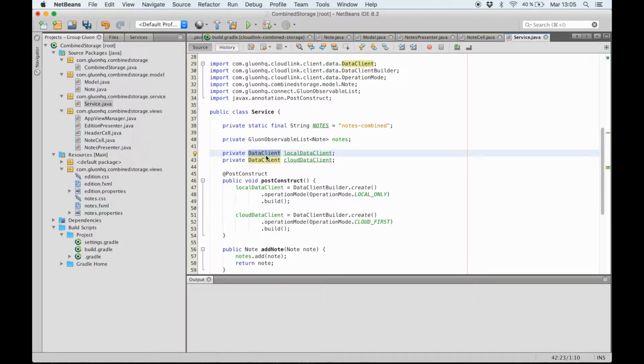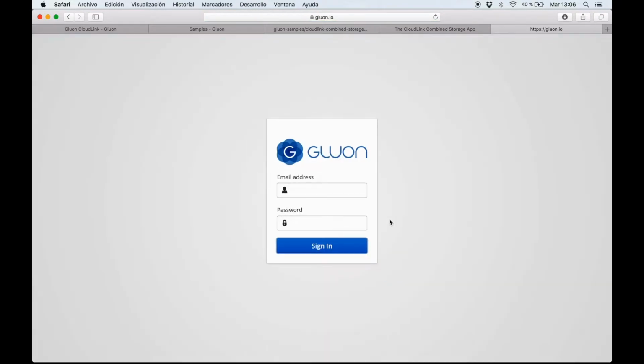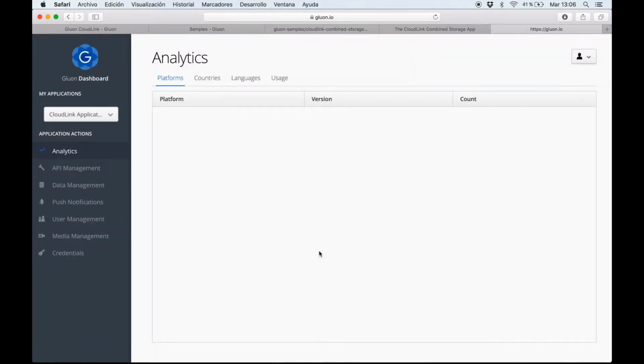In order to get the data clients connecting to the CloudLink, valid credentials are required. So we need to access the Gluon dashboard to get the credentials assigned to our app. On your browser, navigate to gluon.io and sign in with the user and password of your CloudLink account. Once you access the Gluon dashboard, select the correct application, and from the different options on the left, select the